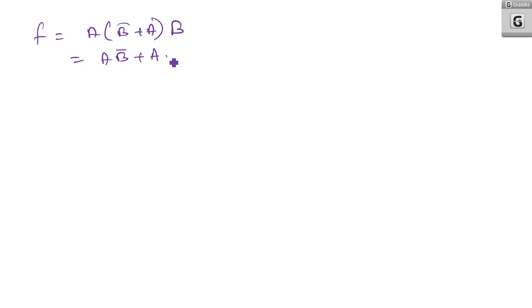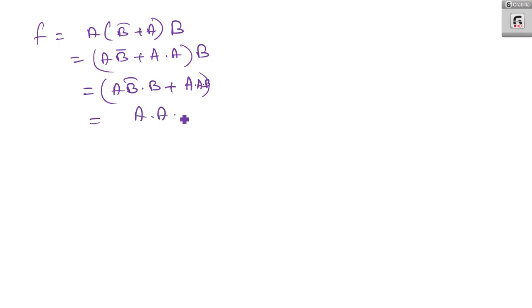That is A dot A into B. What is it? That is A B bar dot B or A dot B. So what is B bar dot B? B bar dot B is 0. So what is the answer? You will get A dot B. What is A dot A? That is A itself. So the answer is AB. Okay, so here I have derived the standard